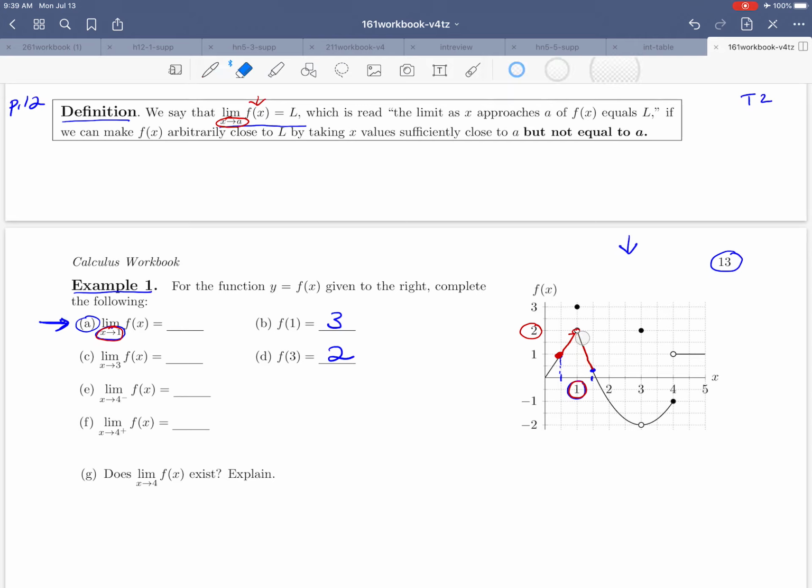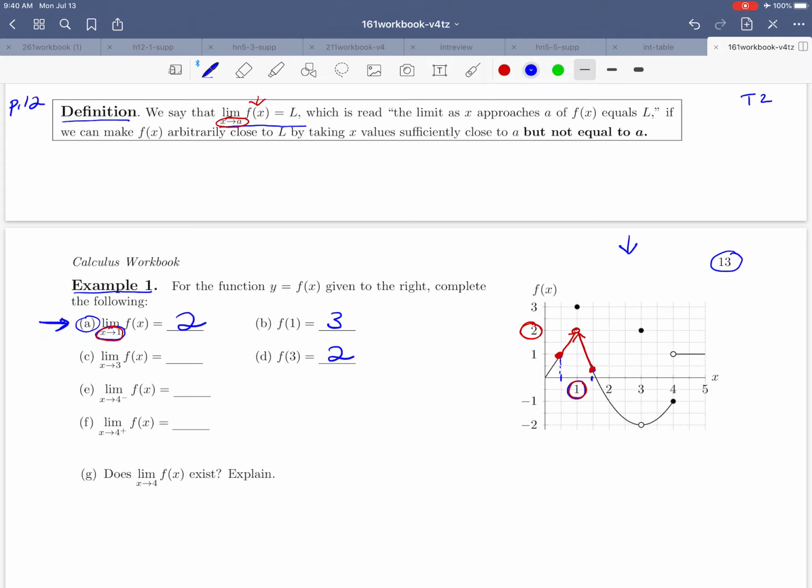Okay, let's trace it out again. We're starting here, and we're moving towards x equals 1. What are the y values approaching? Again, it looks like we're approaching this open circle, which has a y value of 2. And therefore, what we would say is that our limit is 2, because that's the y value that we're getting